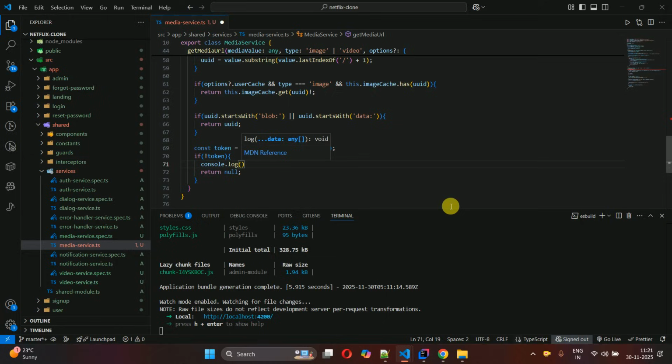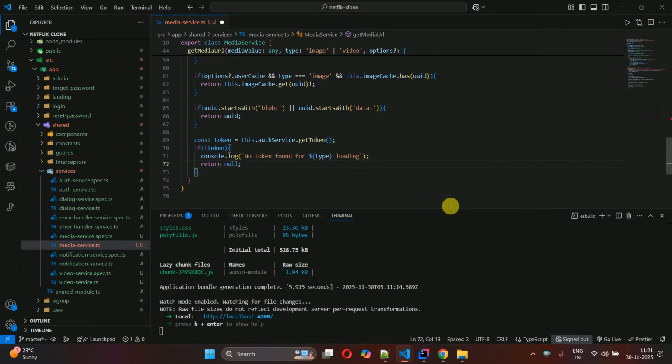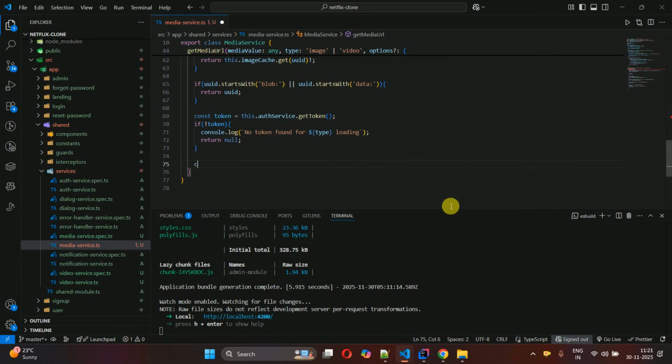So console.log error like this, no token found. Let's say you also want to print the type, so dollar, curly bracket, and then type, and then loading, and put semicolon over here. And outside of this, const authenticated